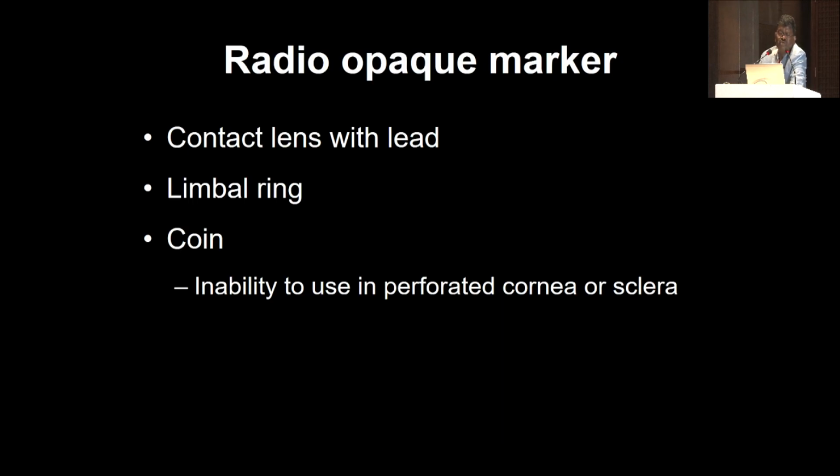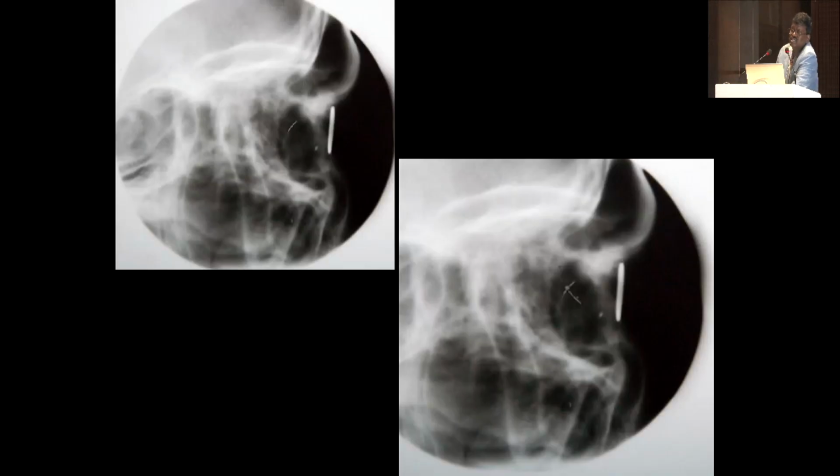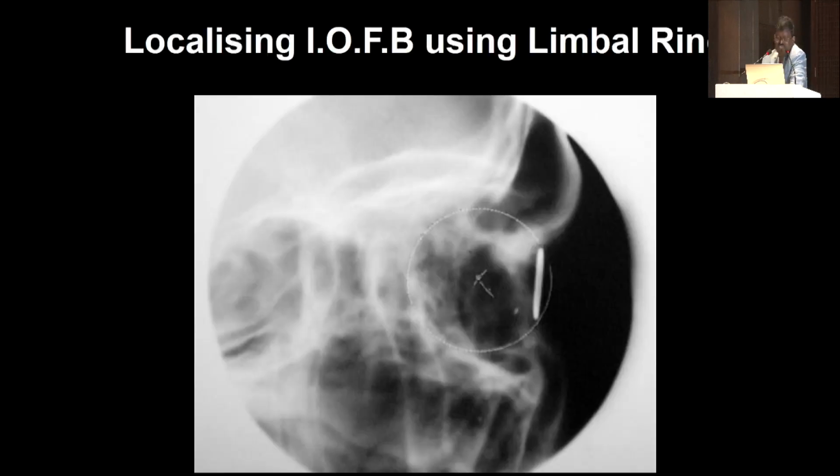So in case you don't have other methods like ultrasound or CT or MRI, we can use a radio-opaque marker. There are so many ways. One is the Fleringer's ring. With this, you just put it, take a lateral view, the ring should be in a single line. From that, you create an artificial eyeball, and with this, we can localize whether the foreign body is inside the eye or not, so that it is easy for us.